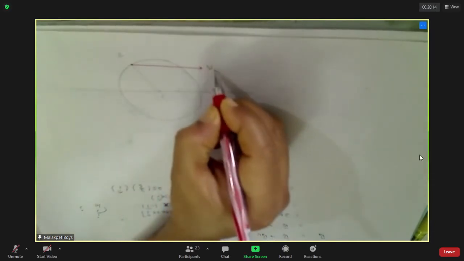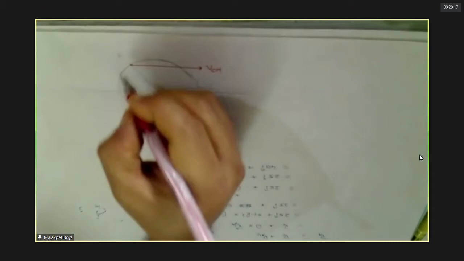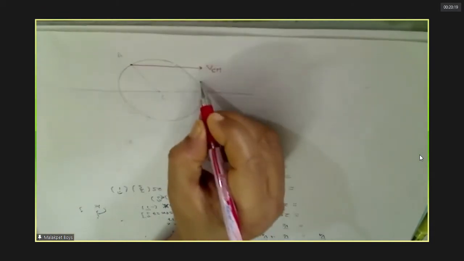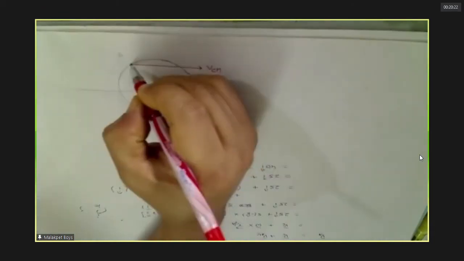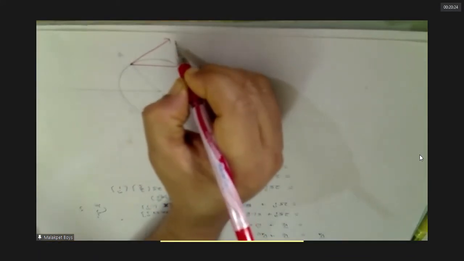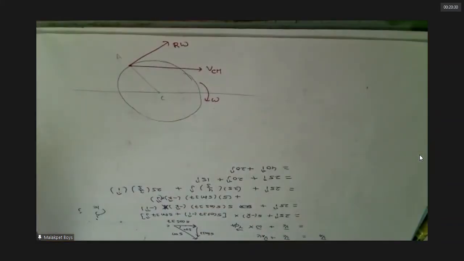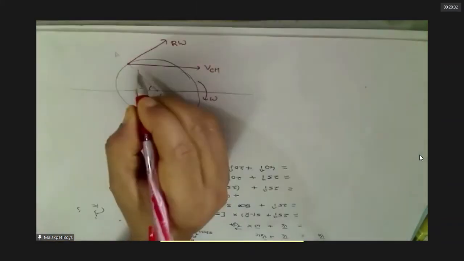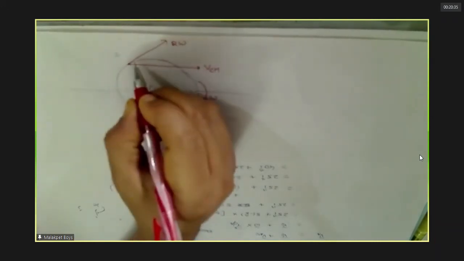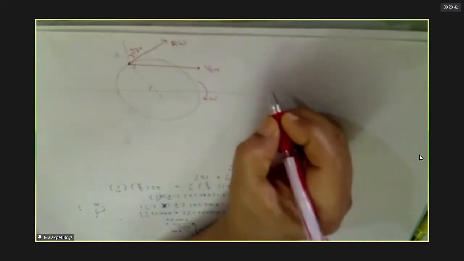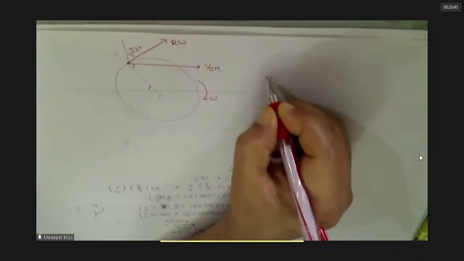See what we discussed about this. This point will have VC and this is rotating like this. It will have R omega. That's what we discussed. Remember that? So this is 37 degrees. This is 37. Do you agree with this? This is how much? 53. So this is also 53. 37. Do you agree with this? So velocity of A